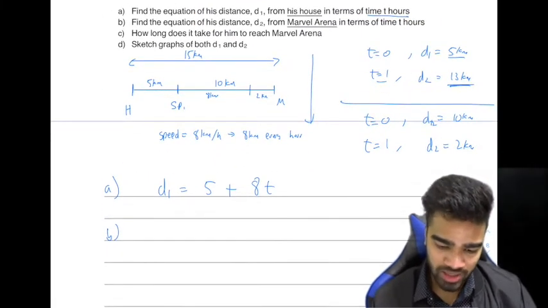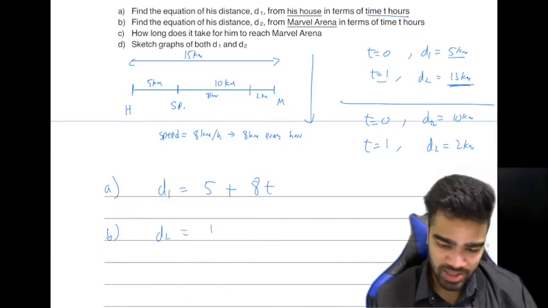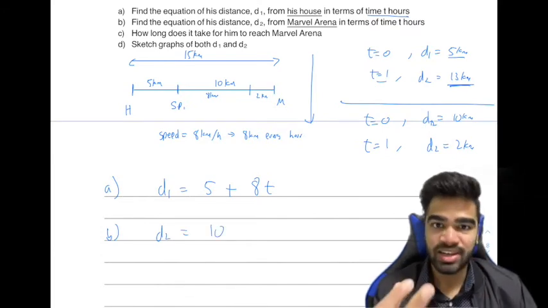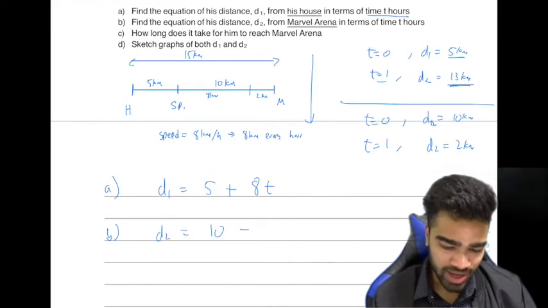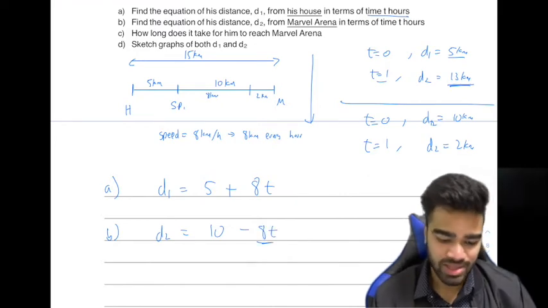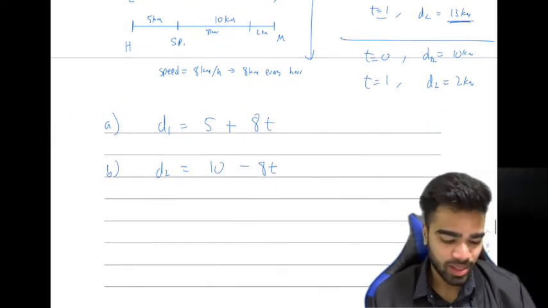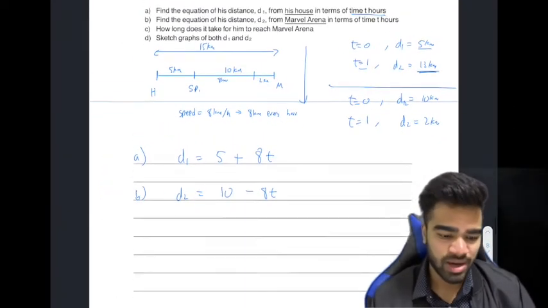All right. So I think we have enough information. D2, well, he's starting off 10 kilometers away and he's getting closer, right? So you have to subtract his speed, 8t, because every hour he travels 8 kilometers. So this is his distance. So you're getting closer. All right, so we've got 2 equations. Hope that makes sense. But if it doesn't,